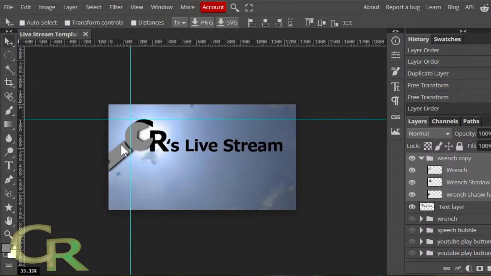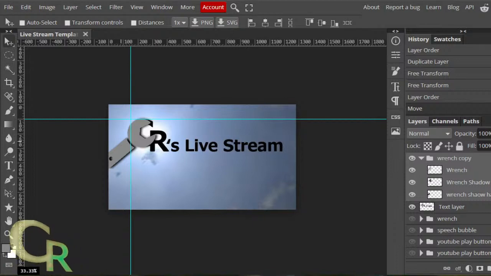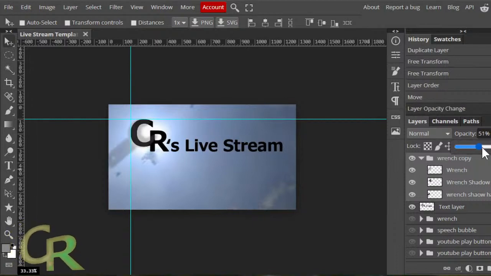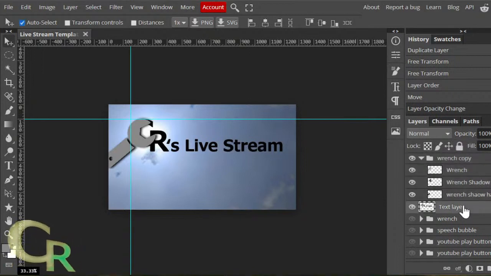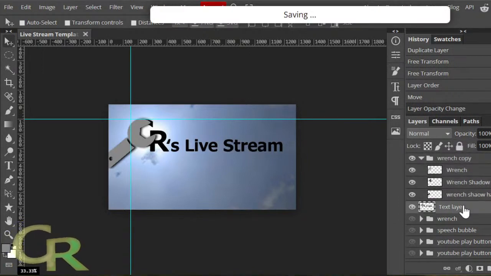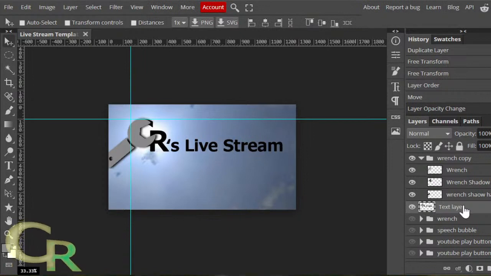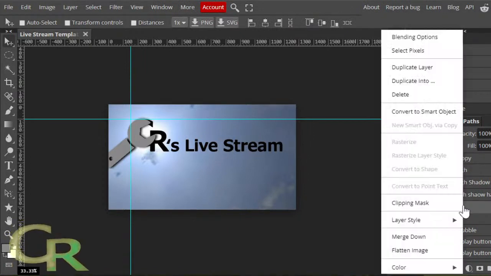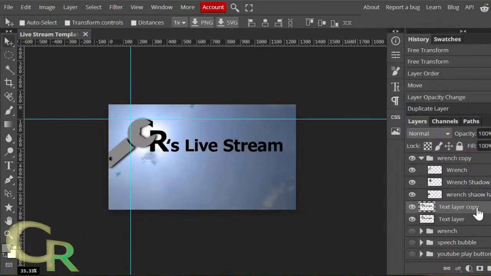Select my move tool. I'll put it right there if I wanted to. Change the opacity here a little. I could probably put some of that R more on the top. Let me save it just so I can demo this quicker. Copy that.